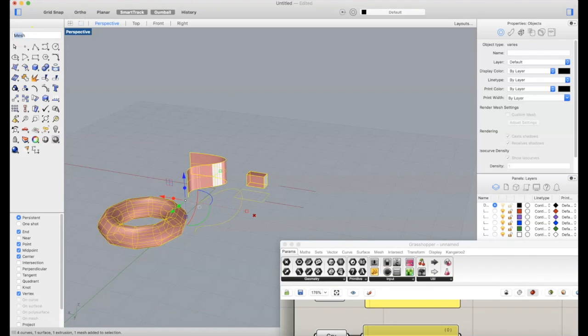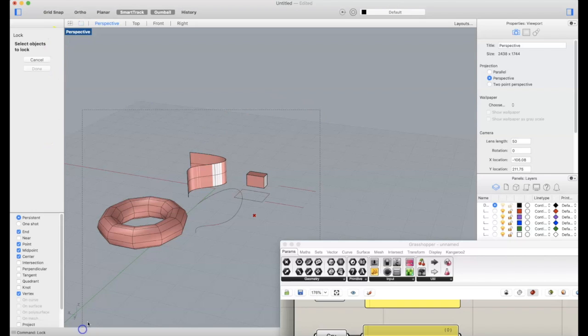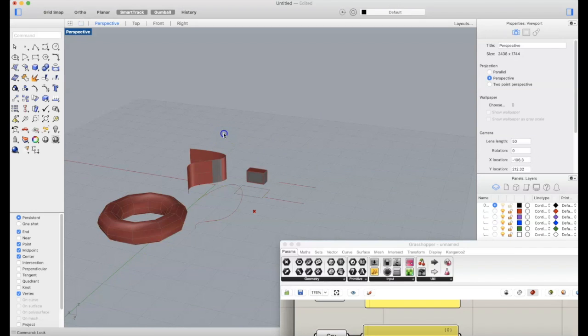From here, you can say hide, and you will hide the geometry, and you will only get the ghost geometry inside Rhino, so you don't move this. Or you can, for example, lock the selected objects, so they turn into a dark gray thing and you cannot move them. Or simply, if you still need the objects